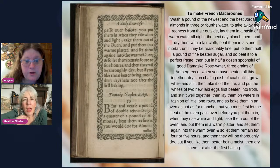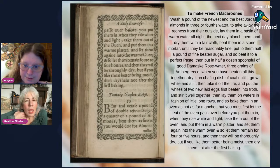Then when you have beaten all this together, dry it on a chafing dish of coal until it grow white and stiff. Then take it off the fire and put the whites of 2 new laid eggs, first beaten into a froth, and stir it well together. Then lay them on wafers in fashion of little long rows and bake them in an oven as hot as for manchet. I don't know what that means, but you must first let the heat of the oven pass over before you